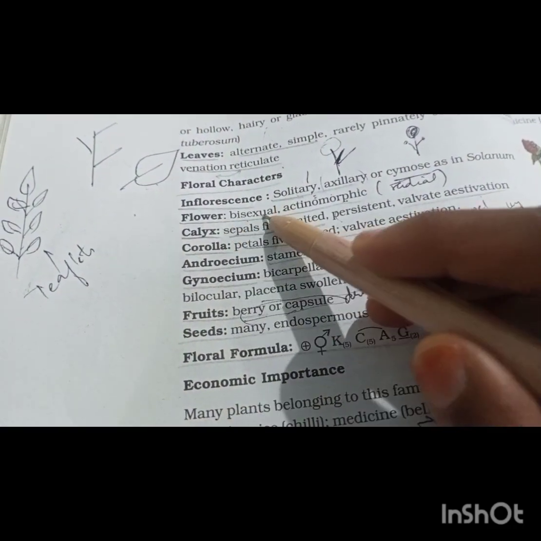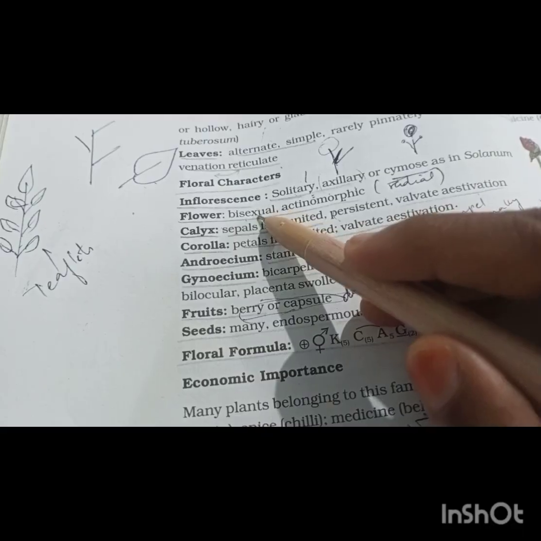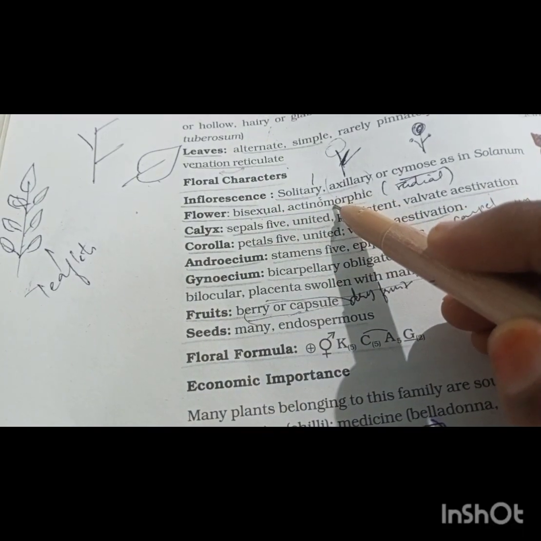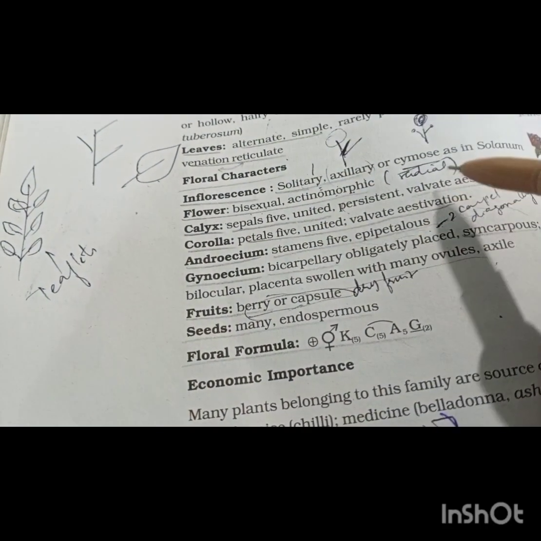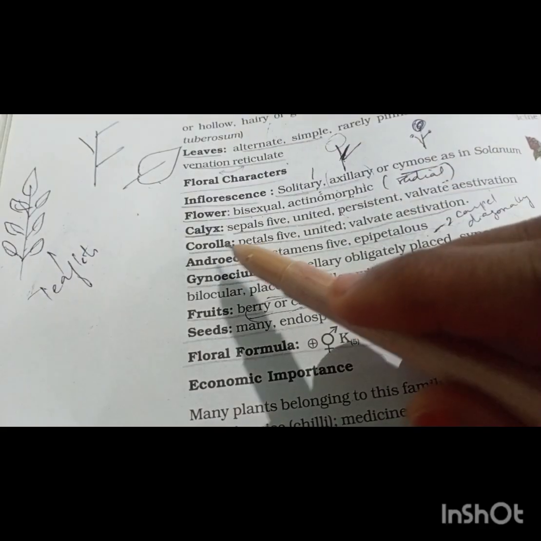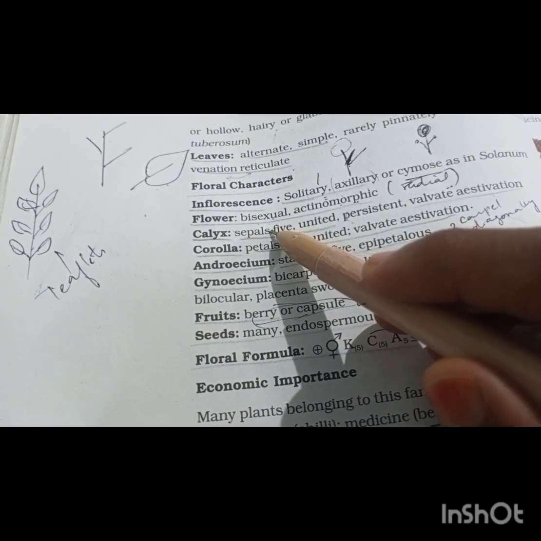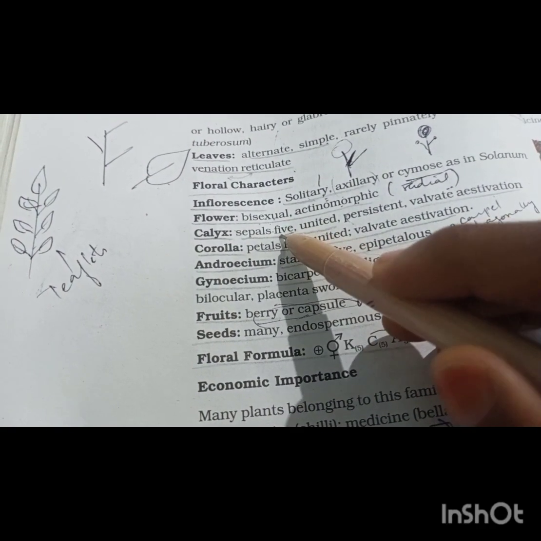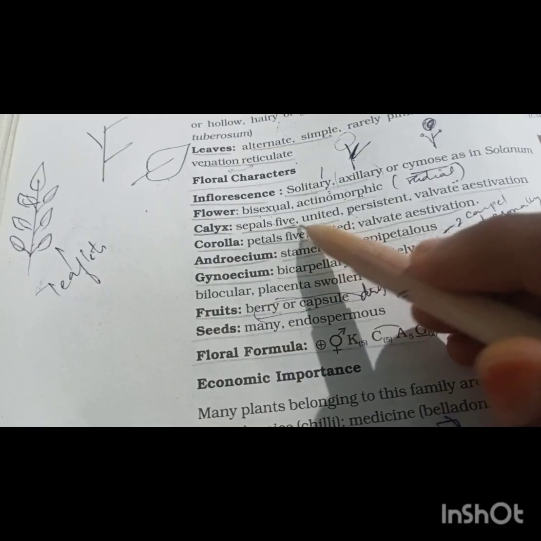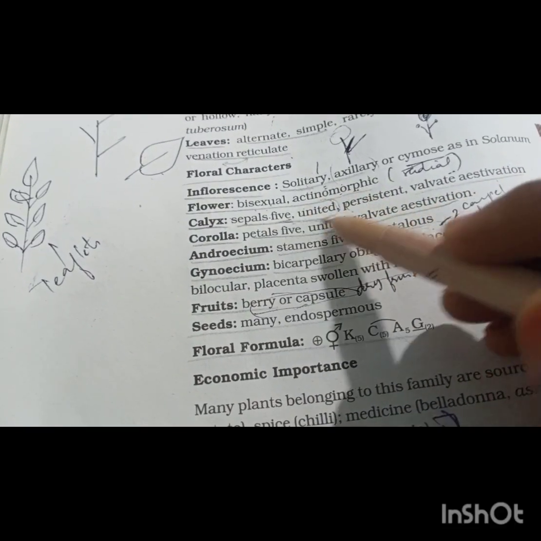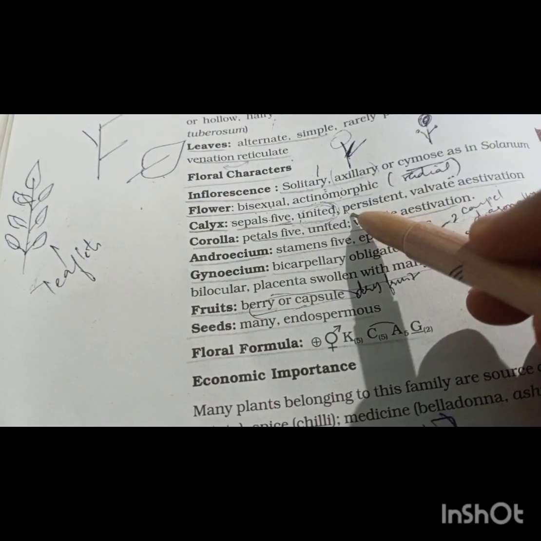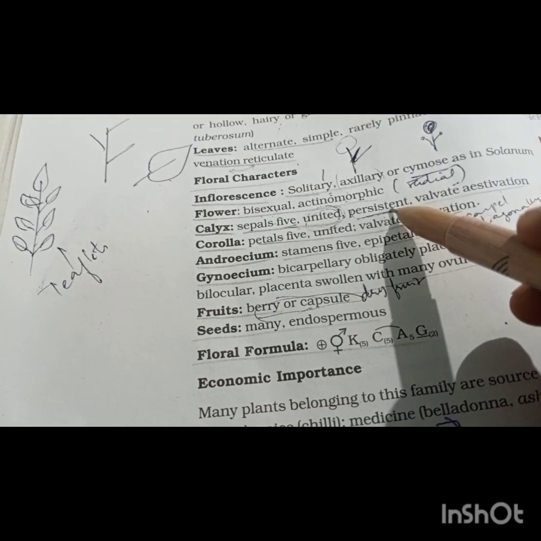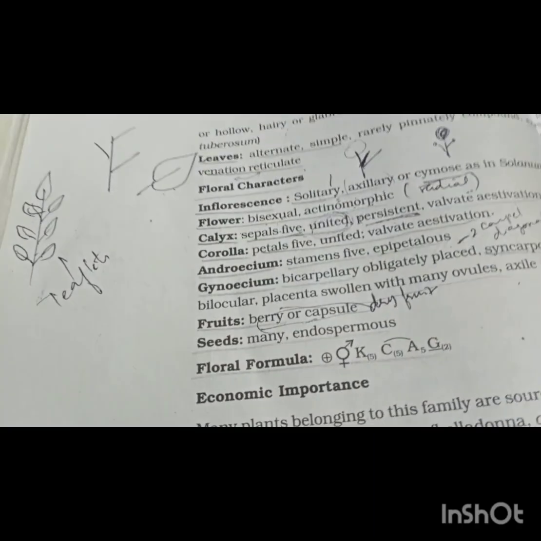So how is the flower? It is bisexual, both male and female are present in the same flower, and it is actinomorphic. Wherever you cut, it will give you two equal halves. Next is the calyx. Here it is a pentamerous arrangement because it is 5, right? So the sepals are 5, they are fused, so it is gamosepalous, and they are persistent,